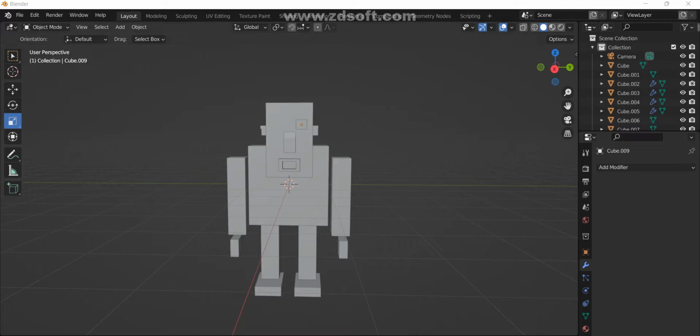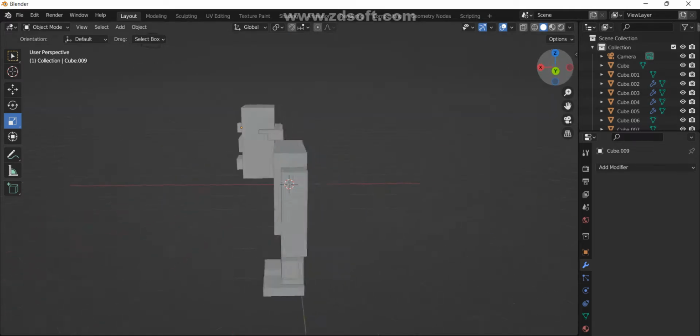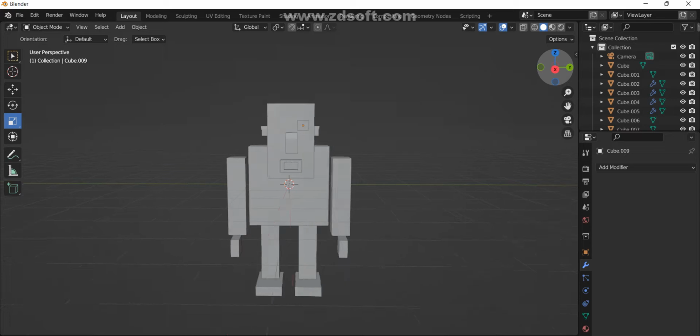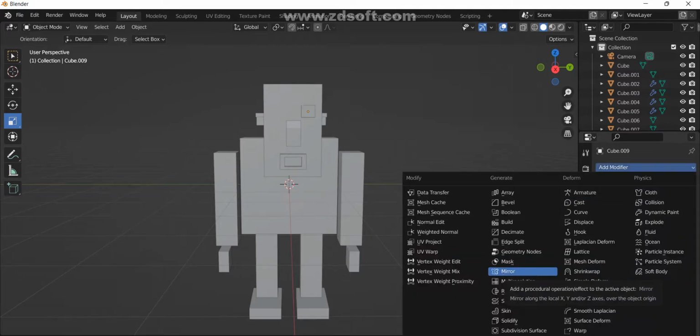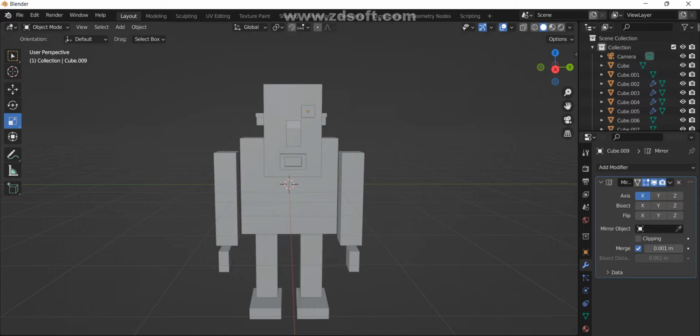So now our one eye is ready. So we will just add a modifier and then mirror it, so that we don't have to make another eye by ourselves. So we're just going to mirror it with respect to this nose,